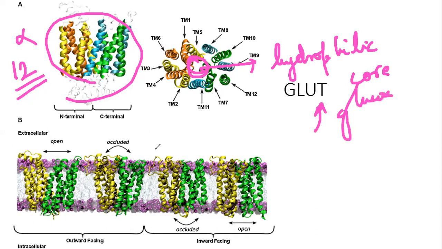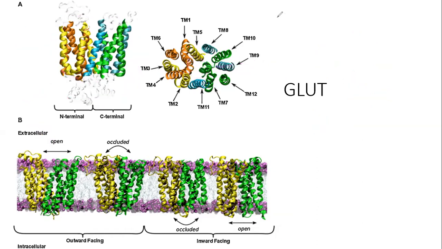Now, these are the open and the closed states. Can you see here, this gap is open, right? Then when the glucose binds, it binds to this core. Then it is taken and you can see that here it is getting open and then it is released. So it comes, binds, there's a conformational change and it goes out. How beautifully you can see the structure changing its conformation in order to take all the glucose from one side to the other side.